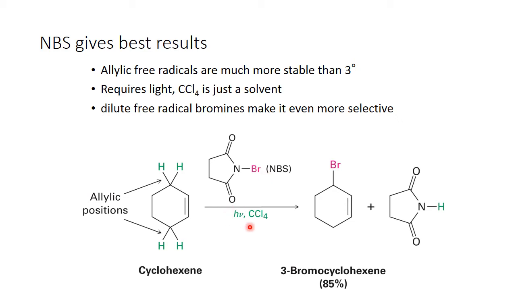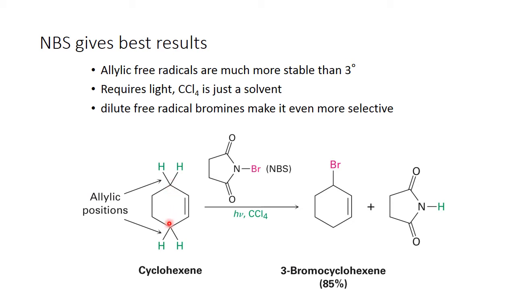We require light and carbon tetrachloride, which is just a solvent. It doesn't do anything but help dissolve everything. And when we mix NBS with something that has allylic hydrogens, what we find is it's preferentially brominated at those positions. Why is it preferentially brominated there? Well, first of all, the allylic position is a more stable free radical, so this free radical forms faster at